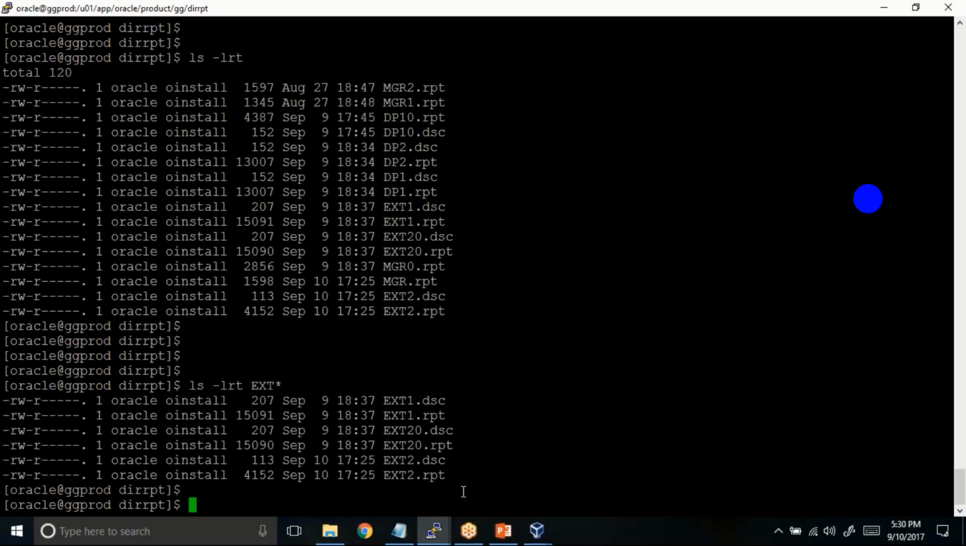Okay, can you see we have ext1.rpt, ext2.rpt, and ext20.rpt, right? So these report files get created whenever you bounce the processes. And also in a further slide we have a separate session where we'll be understanding how to manage